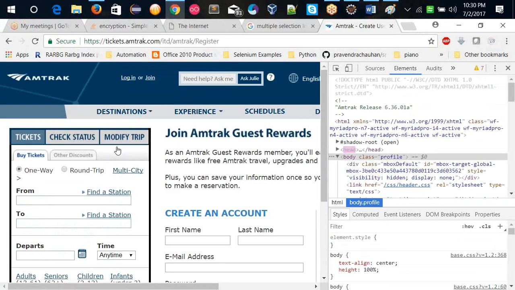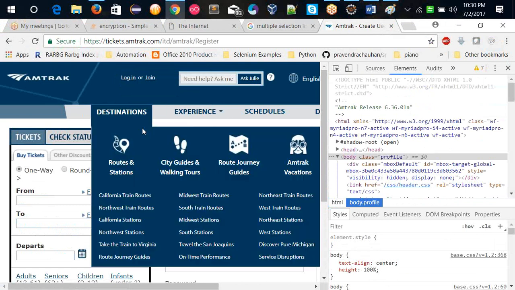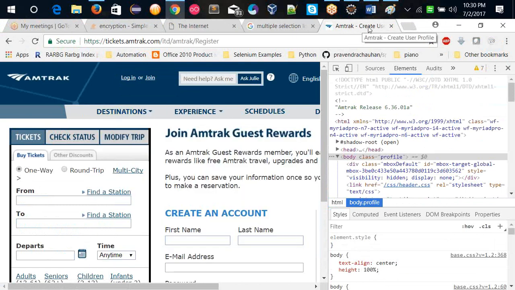So you can see when I click on join, it redirects me to the register page. That means the title is "create user profile", so the title is available, which means the link is available. Otherwise, it will show me 404 not found. So if the title is not the 404, then I can go back